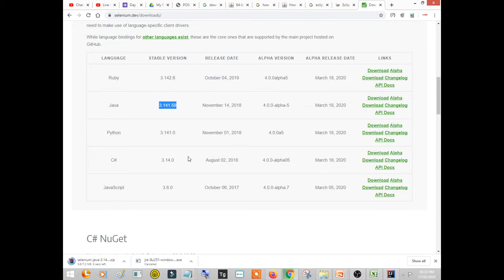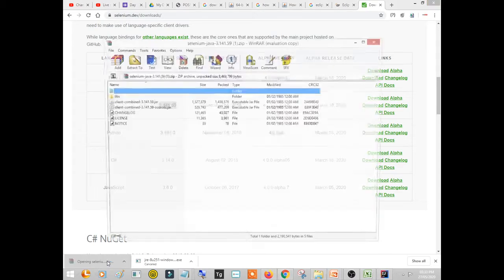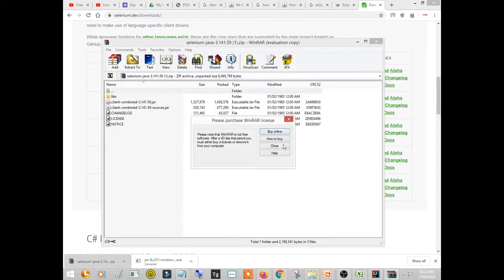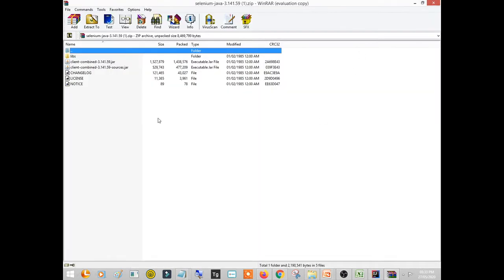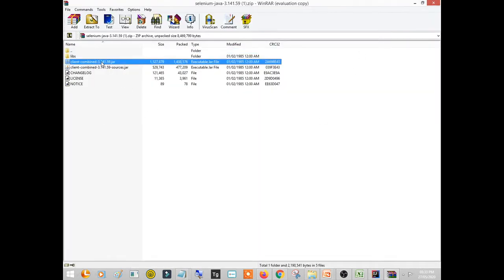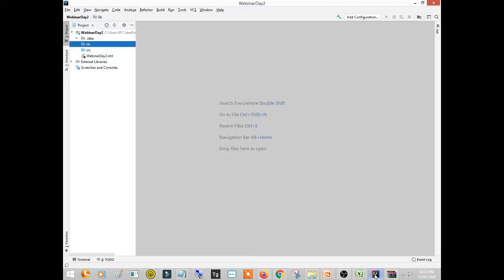Although I already have these files on my machine, you can see this is a zip file. The zip file is downloaded. You can extract this zip file and get the files inside it. After extracting, there are 2 jar files here outside, right? So you copy this, I'm clicking on Control C. So I copied it and I paste it. Right click and paste.